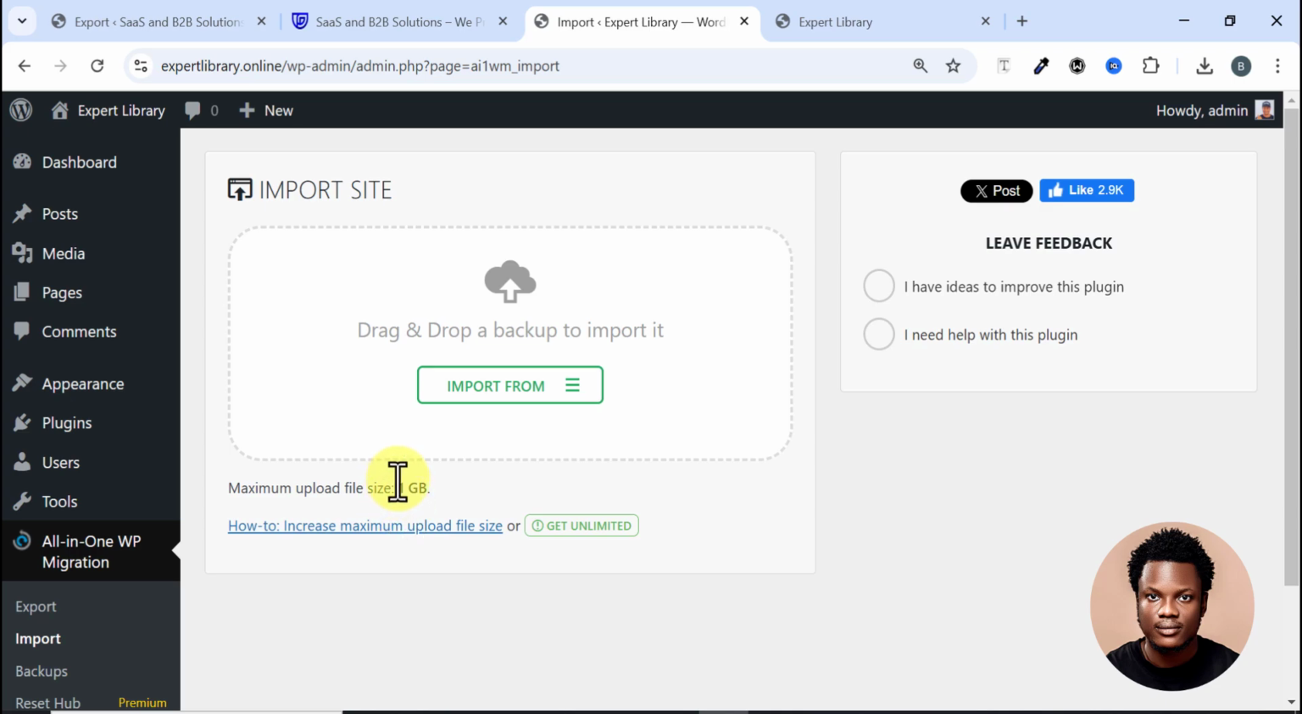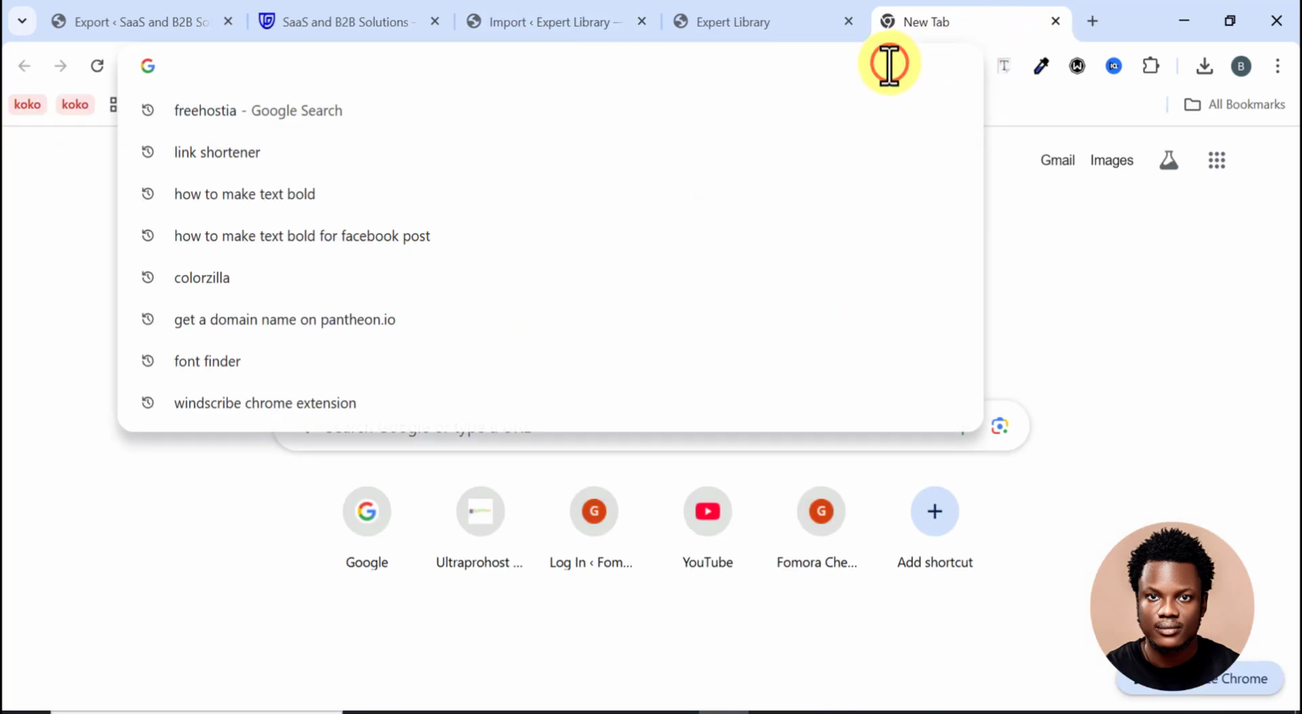But what if you want to import a site that is around 10 GB or 20 GB or even 100 GB? That means this plugin is going to be limited. Okay, it's going to be limited because of the file size. So we are not going to be using this plugin. I'll be introducing you to another plugin that can help you import a site no matter the size of the file. Okay, so to get access to that plugin, come to another tab and search for